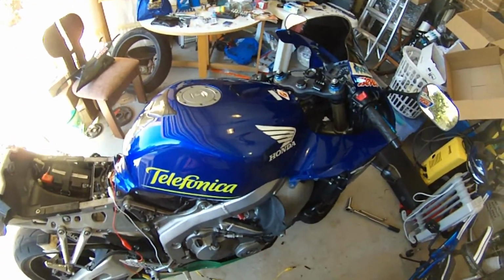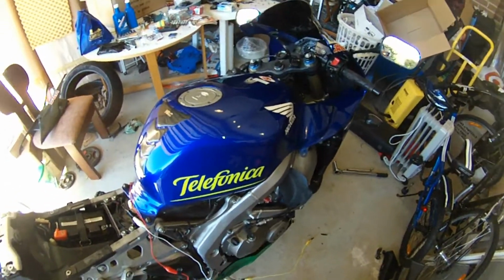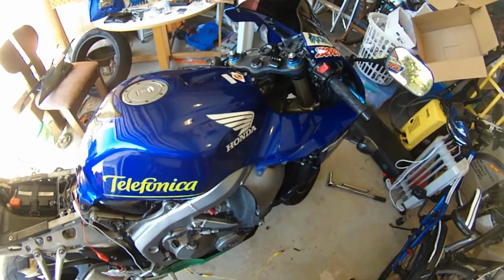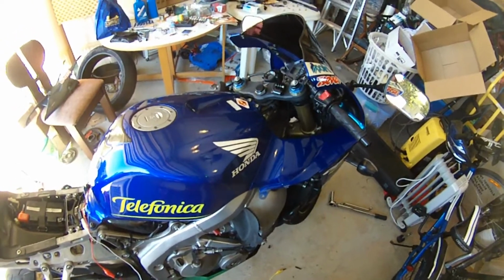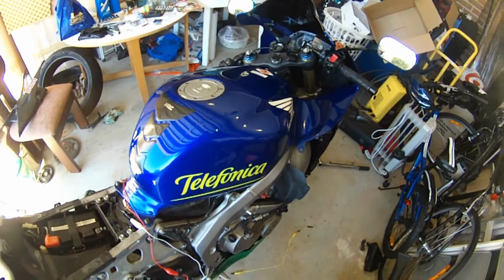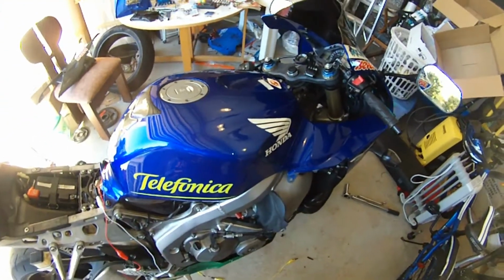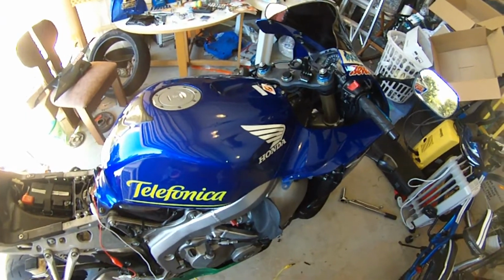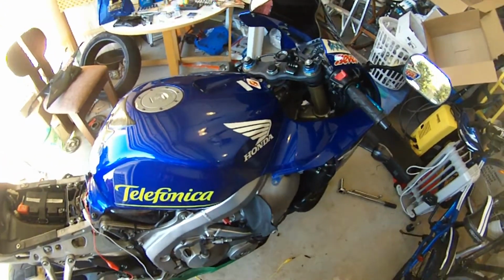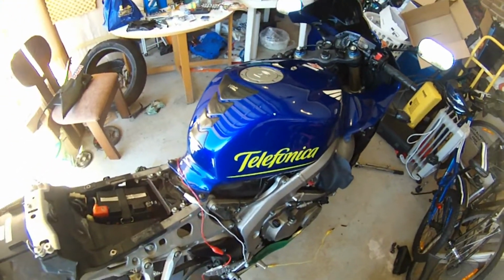Hey guys, I'm just going to show you how to do the HISS programming for your spare key for a 2005 or 2006 CBR600RR. The reason I'm doing this is, although the programming process for the HISS keys for the Honda are the same, for the most part, from I think like the late 90s models to up to the mid 2000s, there are a few differences as to